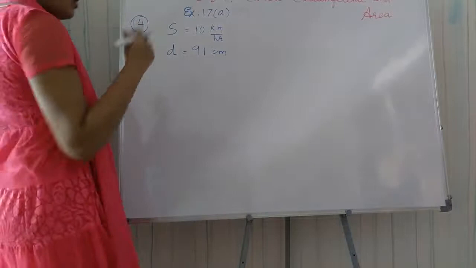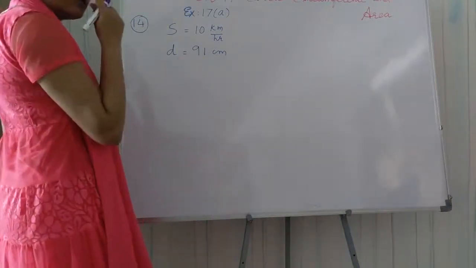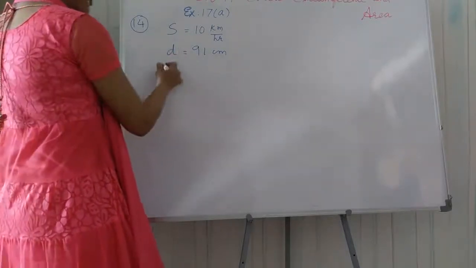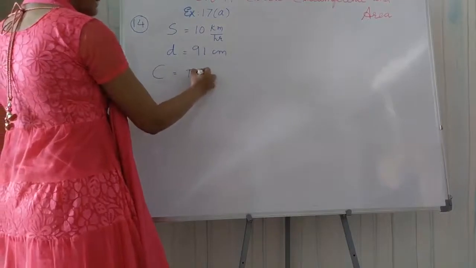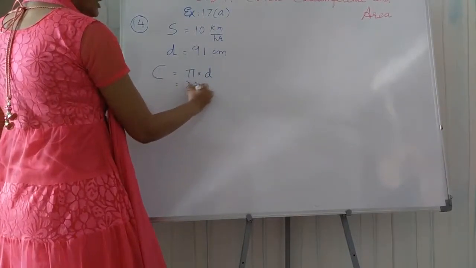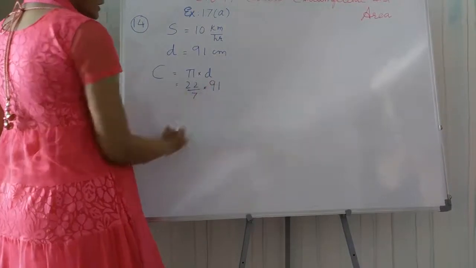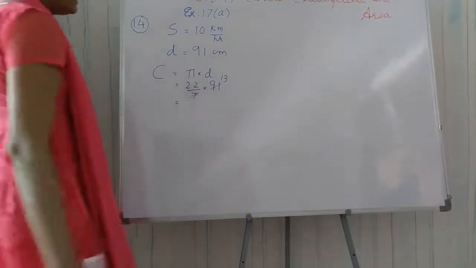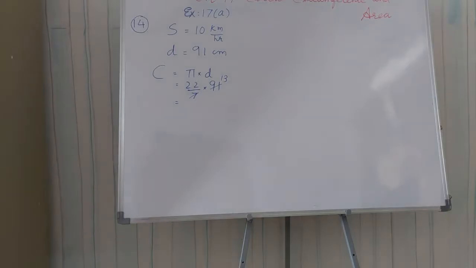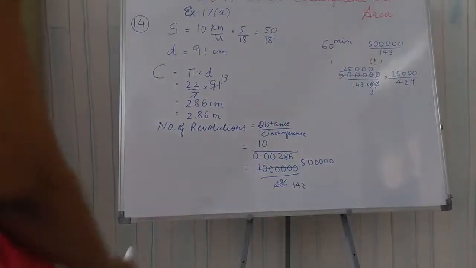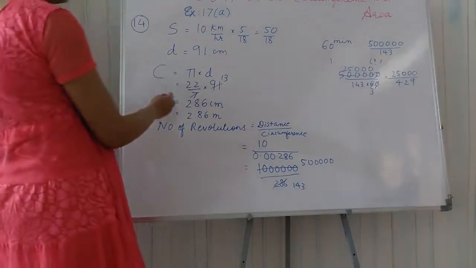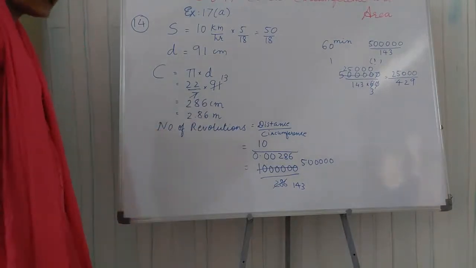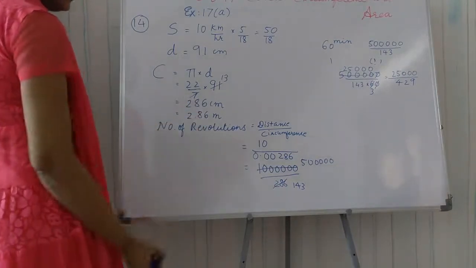So in a minute, how many revolutions that cart or the wheel of the cart makes, that we want to find out. So first of all, we have to find the circumference. Circumference is pi multiply d. So here the pi value is 22 by 7 and d is 91. So 13 sevens are 91 and 22 multiply 13, we get our circumference answer. Question number 14. Students, I have already found the circumference, that is pi multiply d. You can see 22 multiply 13 is 286 centimeters and I have converted it in meters.